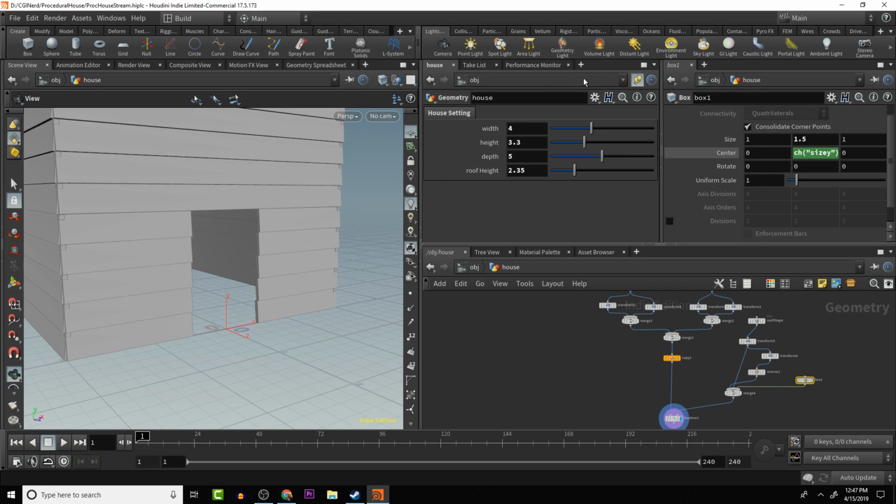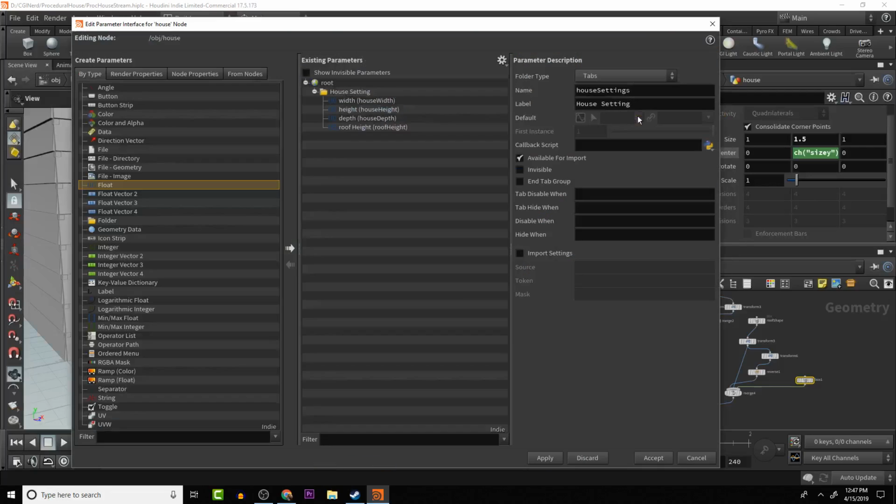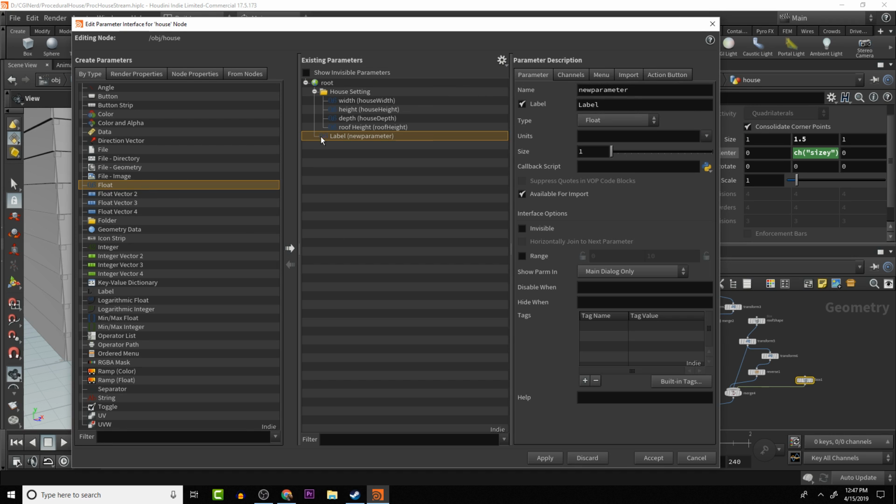I don't know, all these settings can be changed. Let's add another parameter here, and here I'm going to call it door height, and we can link that directly there. So we're going to add a float, and that's going to go into the house. This is going to be called door height, and be door height. There we go. So we have the door height now,